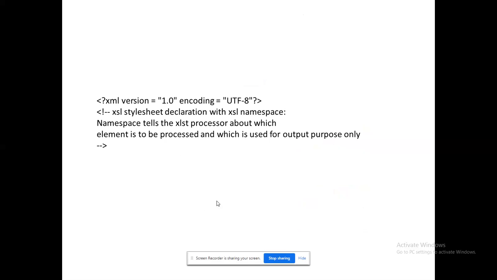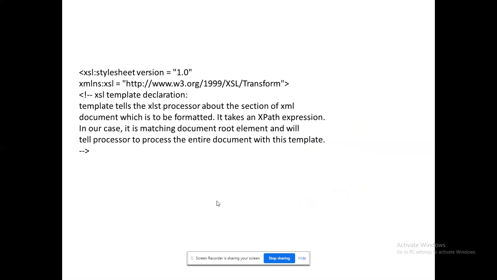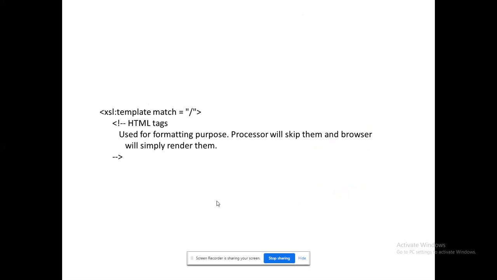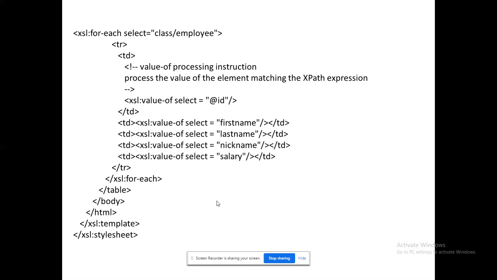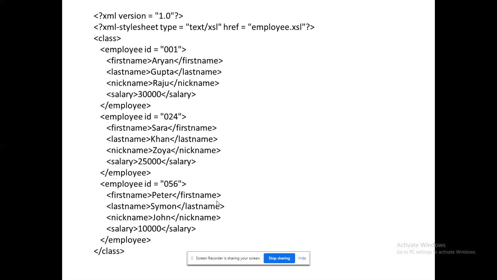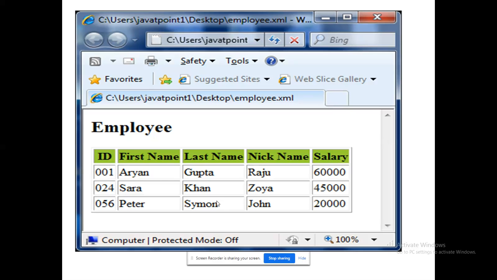So what is the XSL that I am going to do? So the corresponding things that I am ready to take over, and what are all the formatting that I have to generate. So I am going to iterate over the complete set of records. That's the reason why value-of select has been given. So the particular ID is being selected. What I am going to do here, I am ready to generate a table. Within the table, I am ready to give the employee data. Right? This formatting has been done on the available XML file.